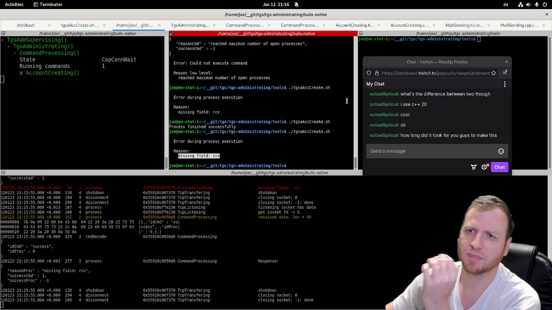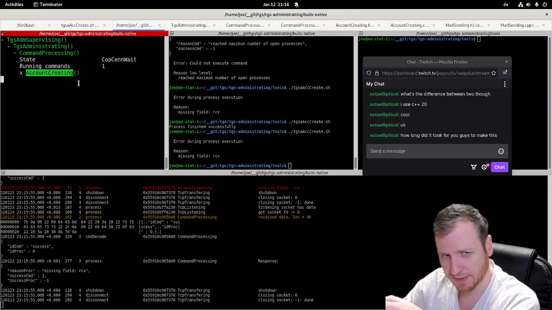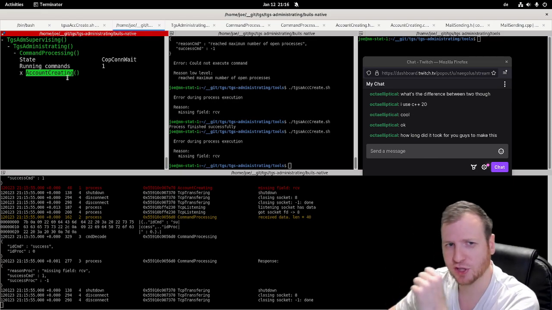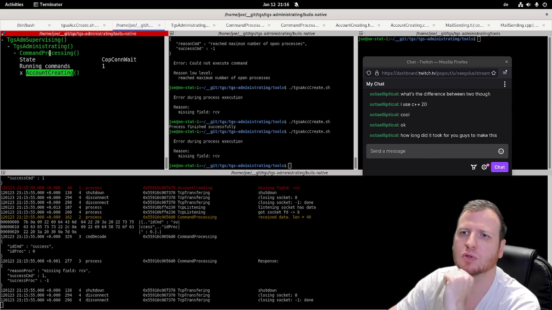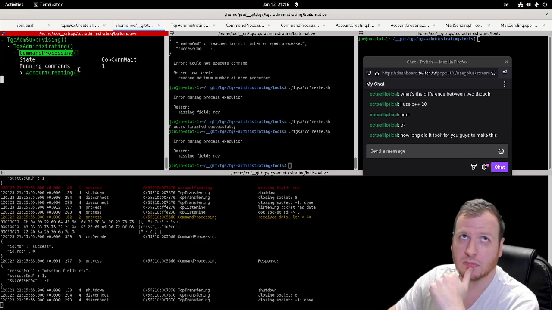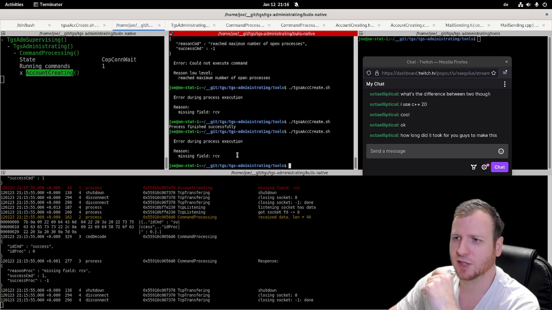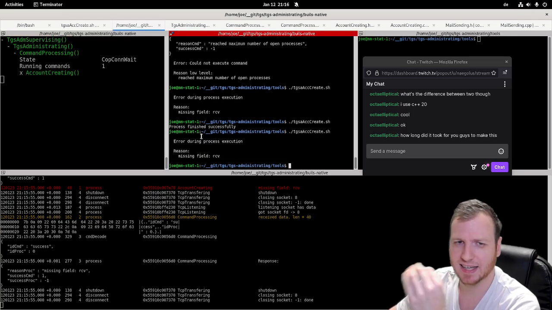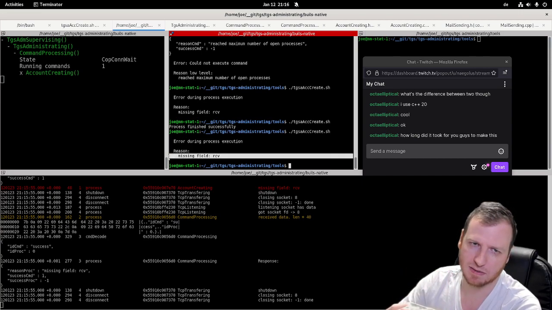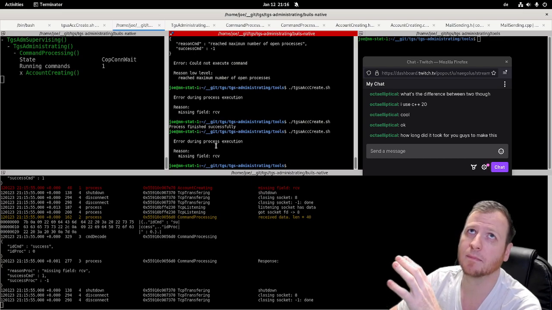So we execute the process, and as soon as it has finished, we want to know this state from the command processing thing. As soon as this process has finished, we consume its result, and in this case, consuming the result means displaying the error, or